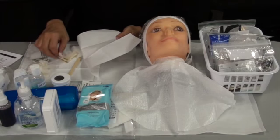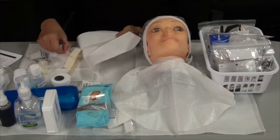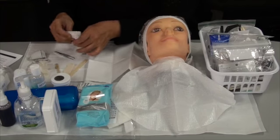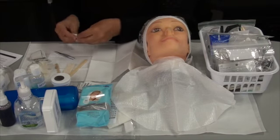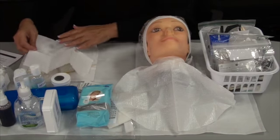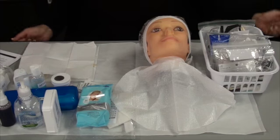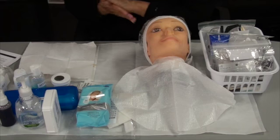I have placed 2 gloves just in case one rips or I drop one. I'm going to go ahead and straighten out so I'm not having to work against it. I am going to take and cover with my paper towel. So now that I have set up, I am going to sanitize my hands and wait for the